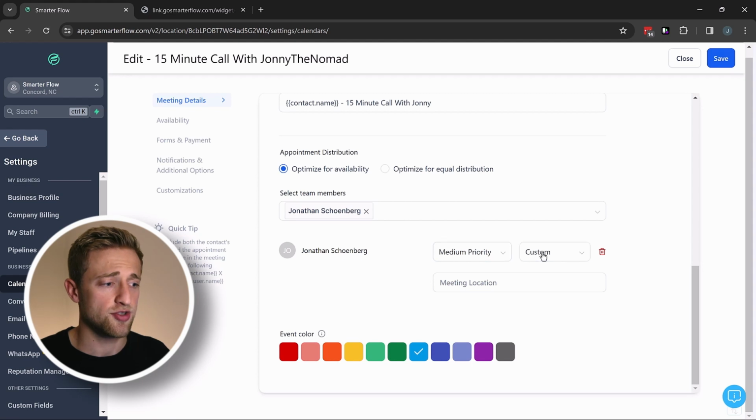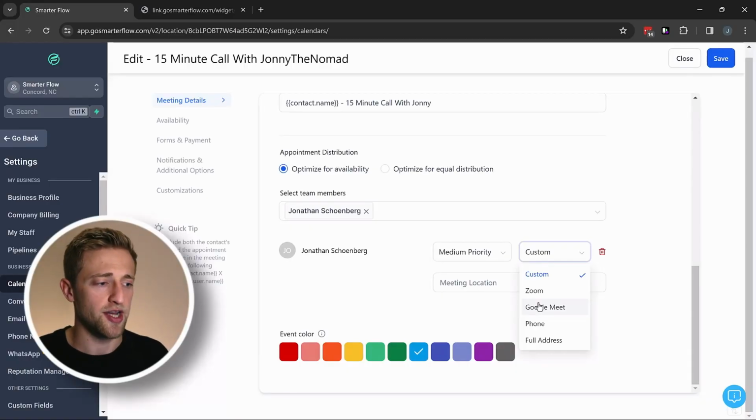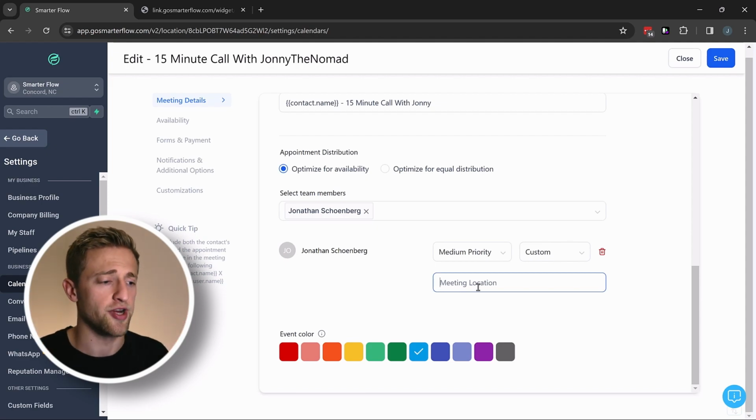And we could also set up something like a custom Zoom link, a custom Google Meet link. And the cool thing about this round robin calendar as well is that if you have your Zoom or your Google Meet integrated, it'll actually create unique links for each and every meeting, which some people want, others don't want. I personally am okay with a custom link, and we could put a custom value in here or a custom